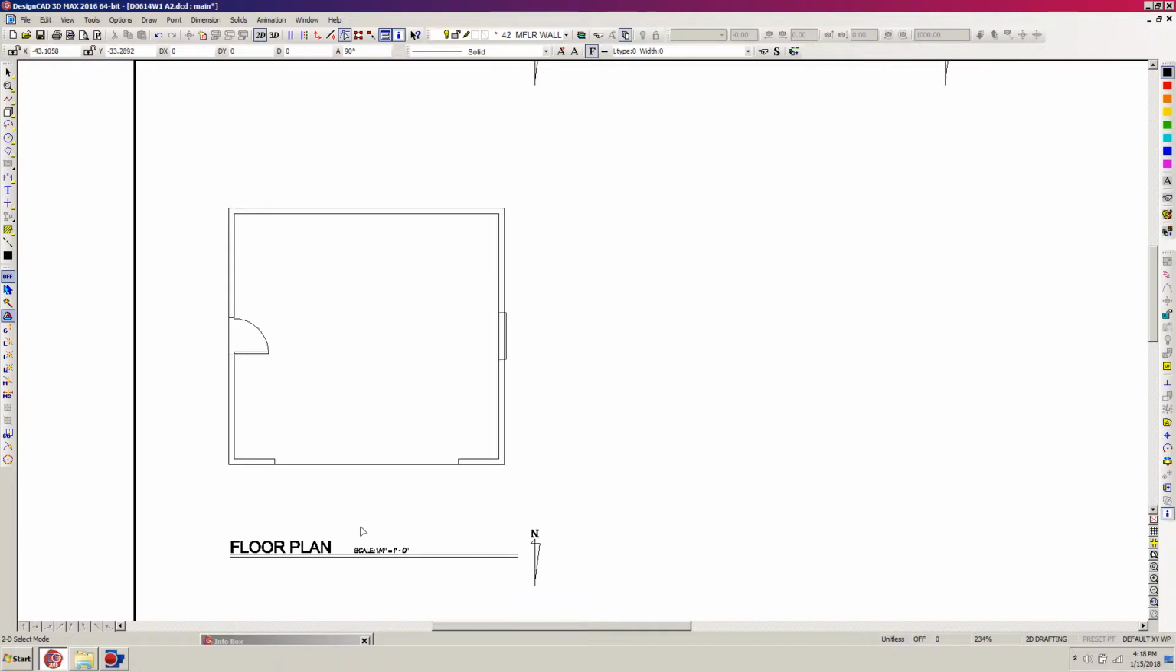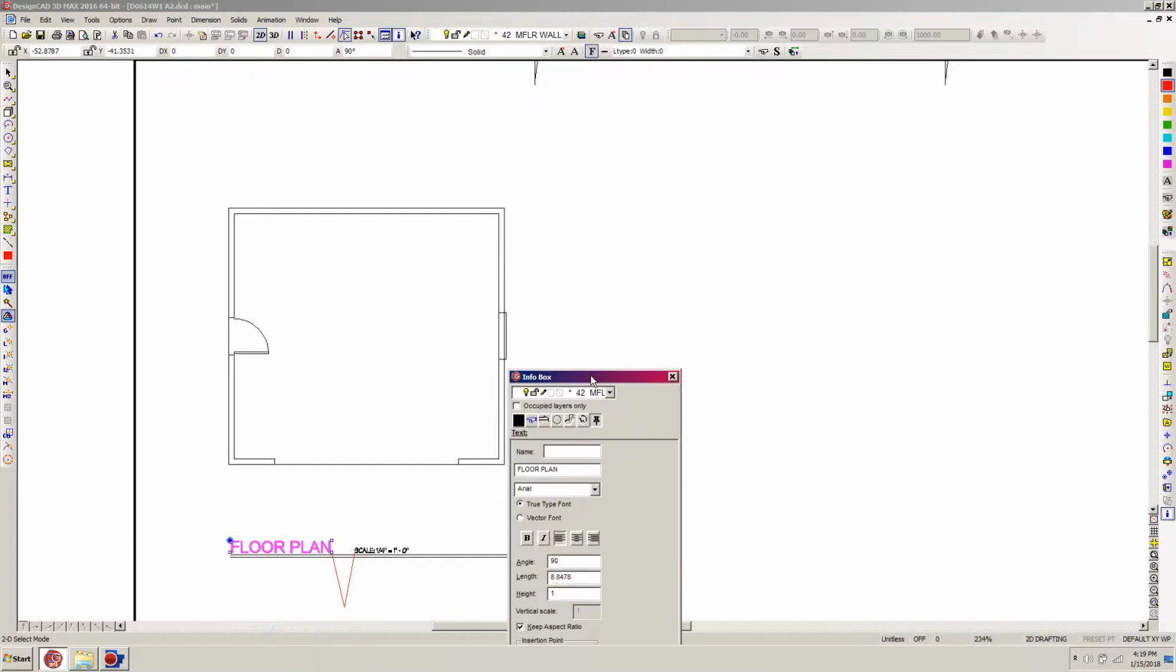So one of the things we're going to need to do is change the text here, the drawing title. So I'm going to just hit V for vector. I'm going to make a little temporary V here. I think I'll make it red so it's easy to see, and hit my scroll button. What I'm doing is creating a consistent space between my text for floor plan and text for the scale. So I'm going to select this floor plan text, pull up my info box, and change that to wall bracing